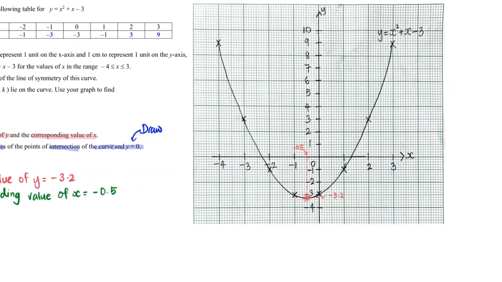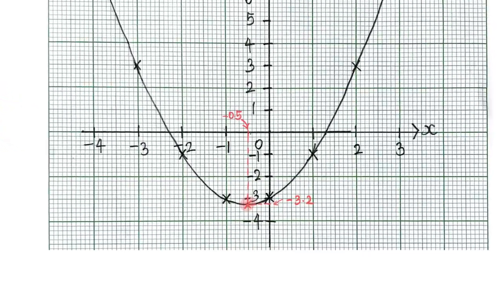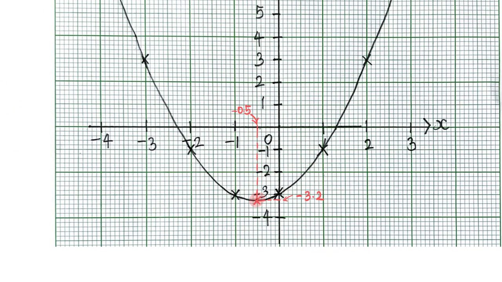So going back to this particular graph, which I'm going to zoom out, the y equals to 0 graph is actually this line, the blue color line,